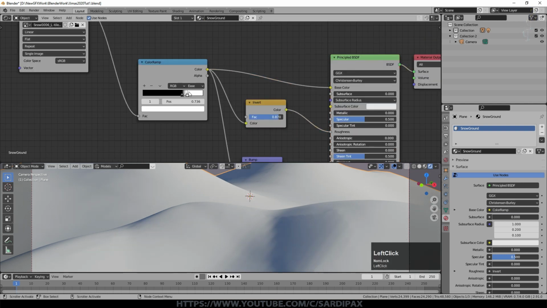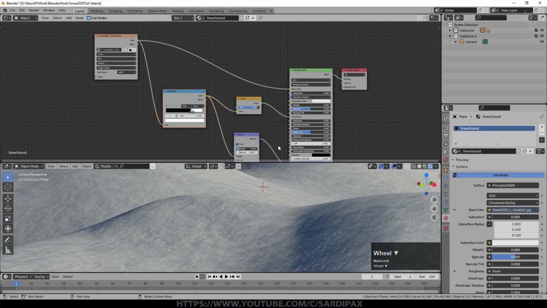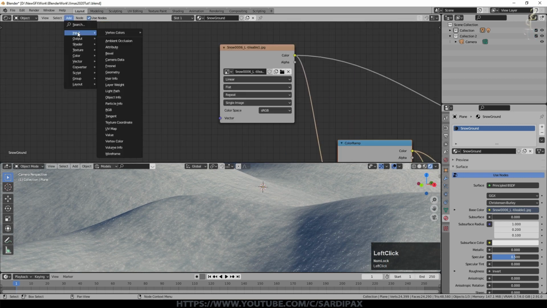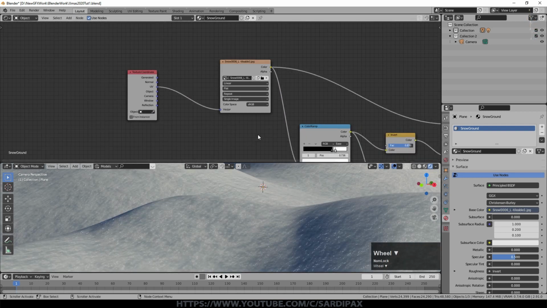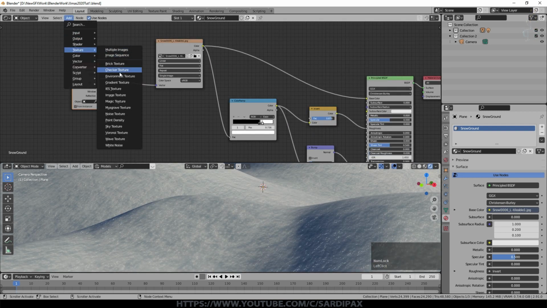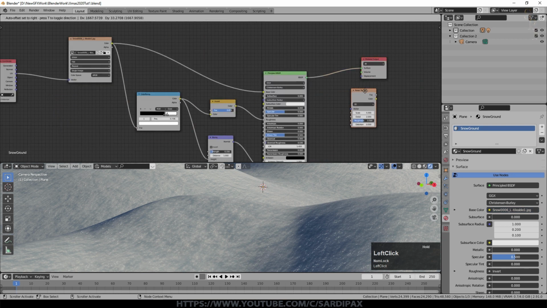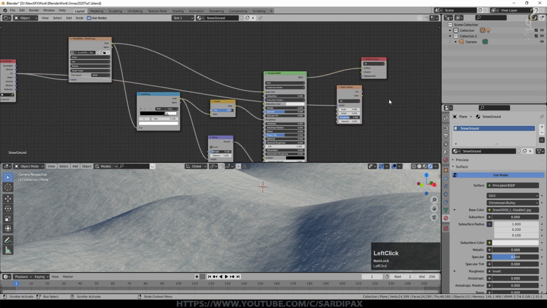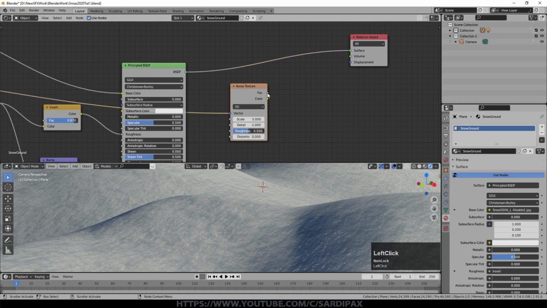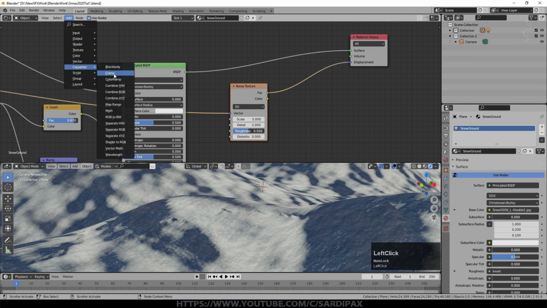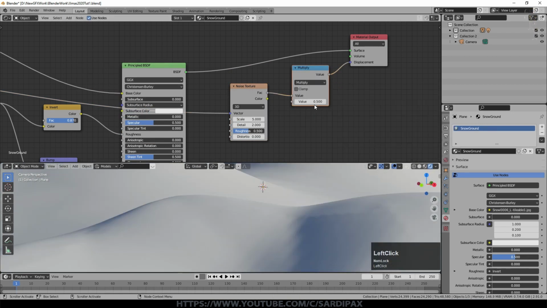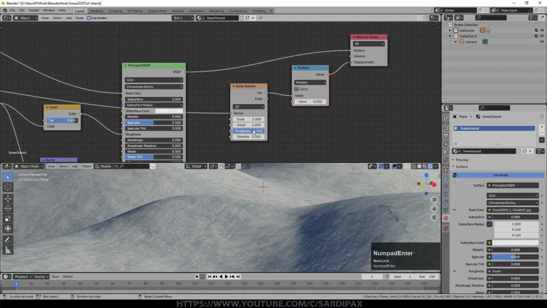And put the material back in there from here. So it gives us these little shiny high spots. Just to make sure, I then added an input which is a texture coordinate. Take UV into there. Shouldn't make really any difference. And I added the texture, which is a noise texture. I'll put that over here, but I will connect the UV into the vector input on the noise texture, connect the factor into displacement on the material output, and add a converter, which is a math node, into there. Set it to multiply, and I had it at about 0.05. Set the roughness of the noise texture to 1, and then I had a scale of about 125.